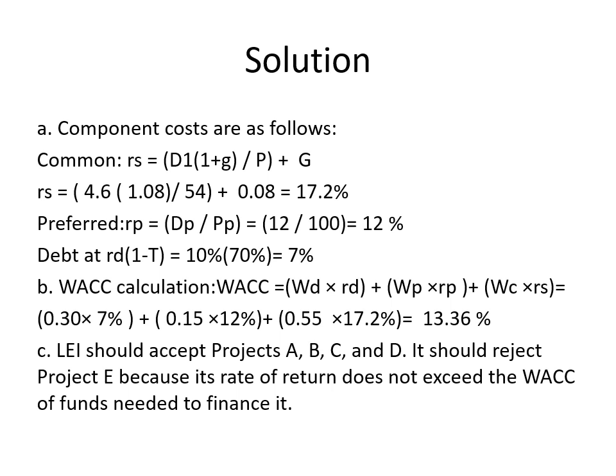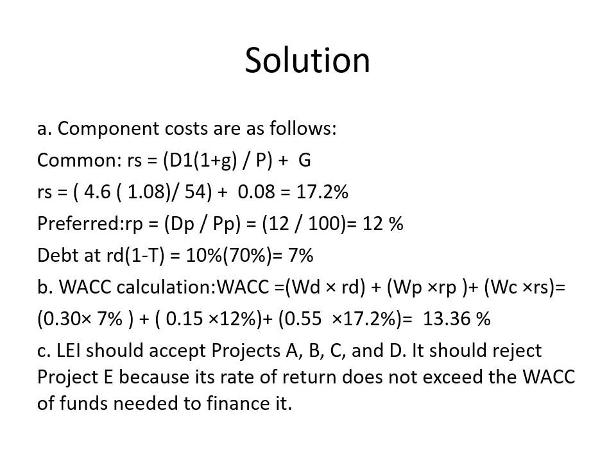The weight of debt was 30% times 7%, the cost. The weight of preferred stock was 15% times 12%, which is the cost of preferred stock. The weight of common stock was 55% times the cost of common stock, which is 17.2%. It will give me 13.36%. If I look in the table in the previous slide, I will find that the expected rate of return,